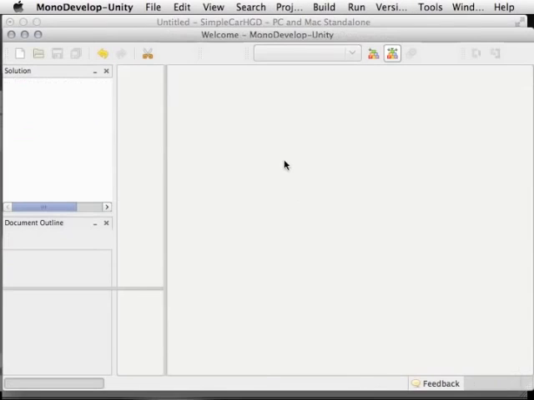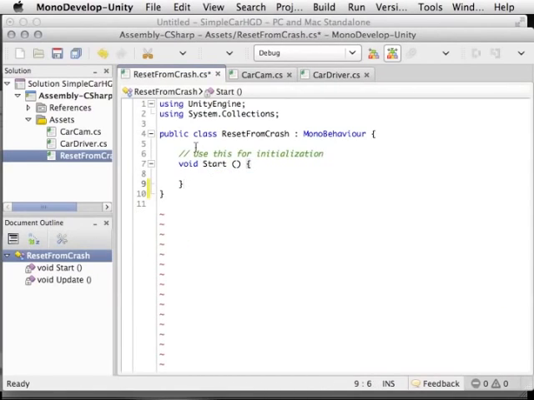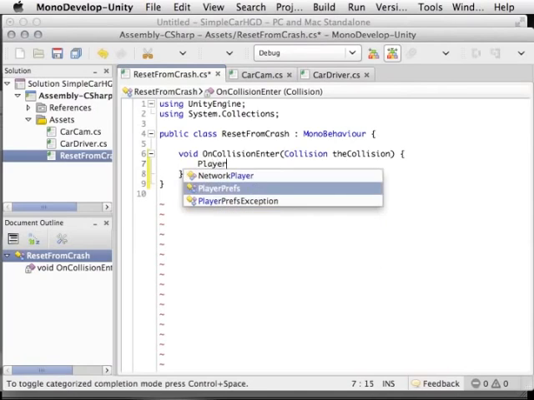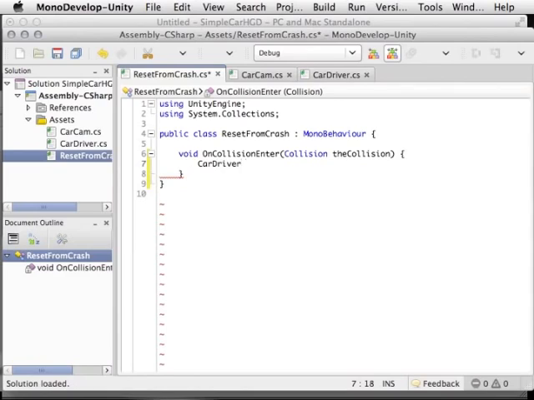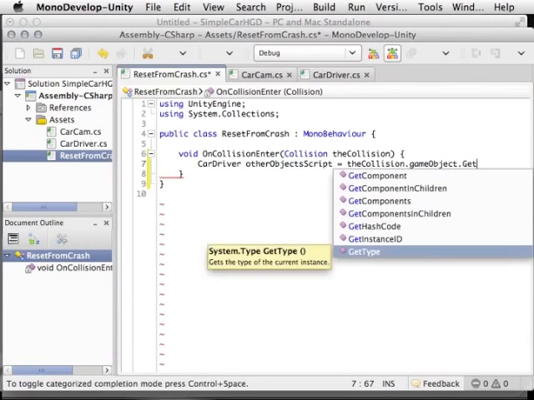And then inside this script, ResetFromCrash, we're not going to write any code for Start or Update. Instead, we are going to write code for a function called OnCollisionEnter, which has one argument, collision. And this is code that gets called whenever a rigid body collision occurs. CarDriver otherObjectScript equals the collision.gameObject.GetComponent